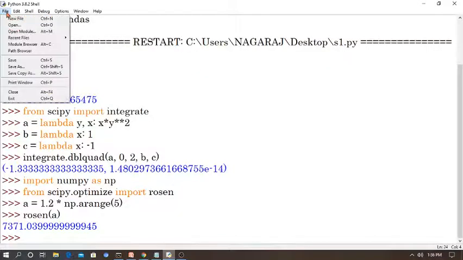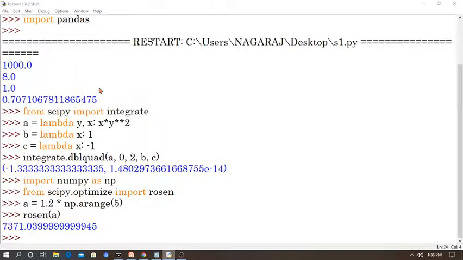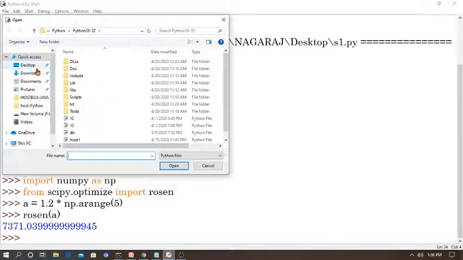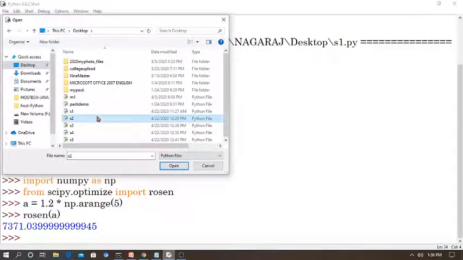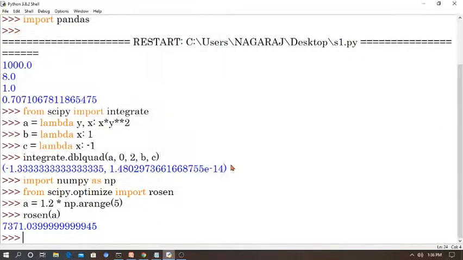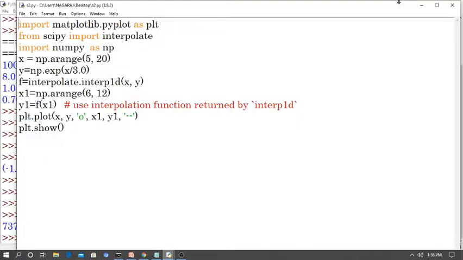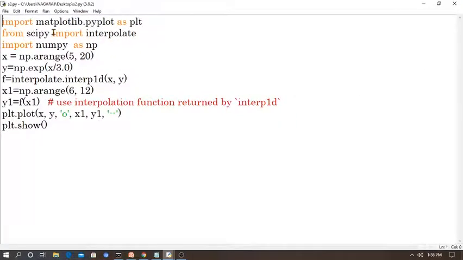It is already saved on the desktop. Open the file, s2.py. Here, first I am importing the packages: import matplotlib.pyplot as plt, then from scipy import interpolate, then import numpy as np.